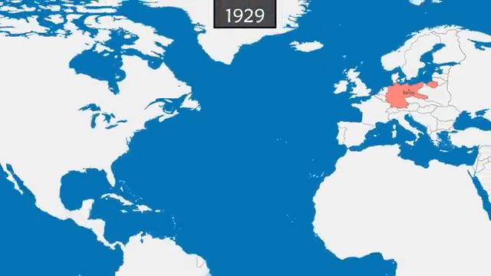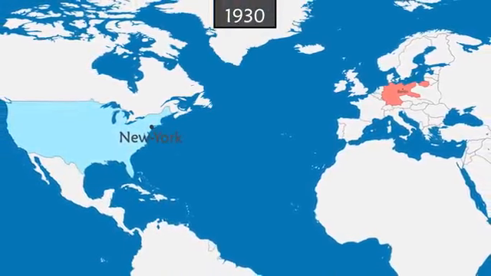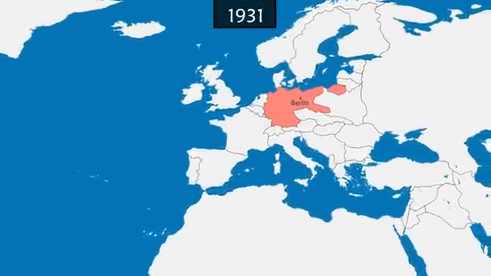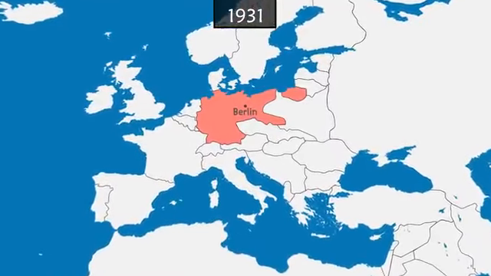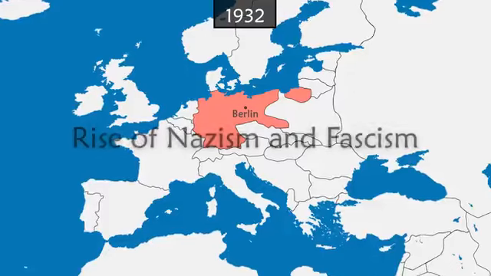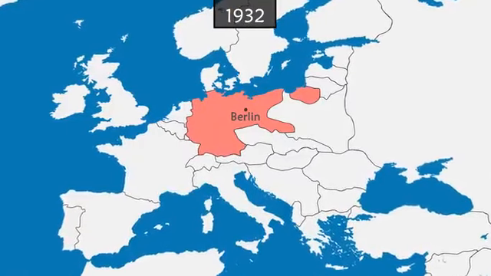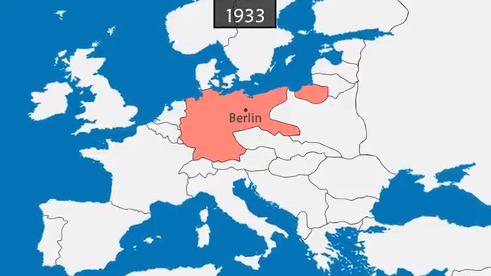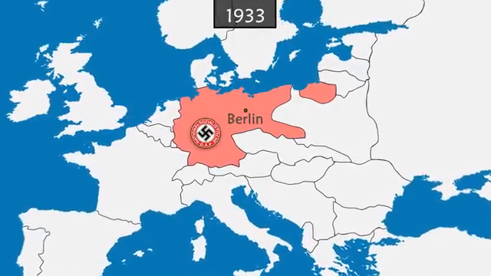But in 1929, the Wall Street crash in New York causes the worst economic crisis of the 20th century. Its impact is felt worldwide, with Germany not spared either, causing the unemployment rate to explode. Severely weakened, Germany sees a rise of nationalism in 1933 that allows the rise to power of the Nazi Party with Adolf Hitler at its helm.